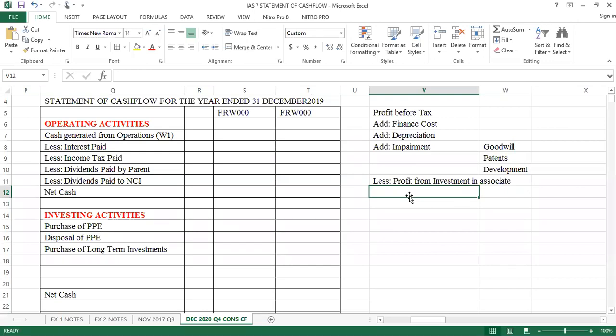Now, if there is any other loss, because there are intangible assets, etc., I don't know what we will meet when we solve. And then if there is any other loss, you add. Next,